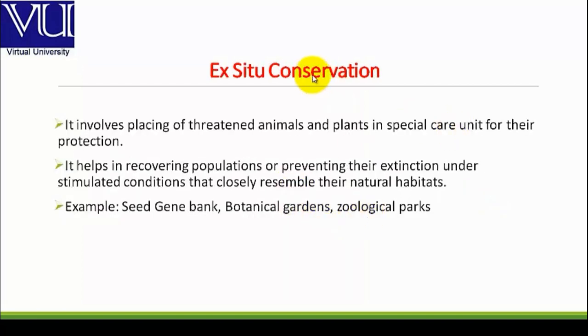The next type of conservation is ex situ conservation. Ex situ conservation is off-site conservation. It means that in this type of conservation, we give protection to animal or plant species outside their natural